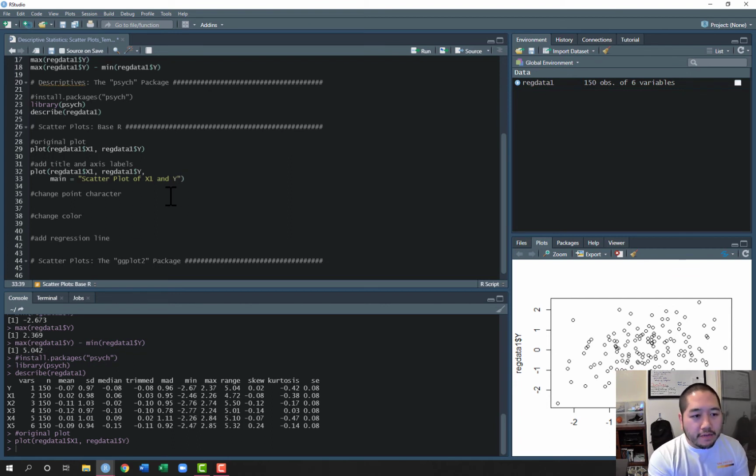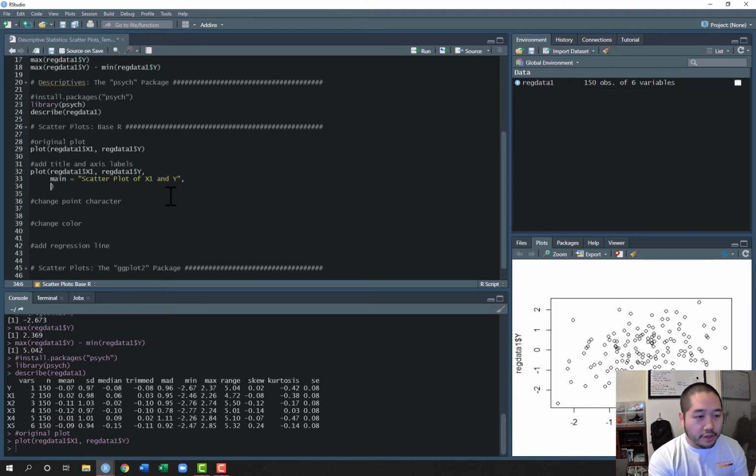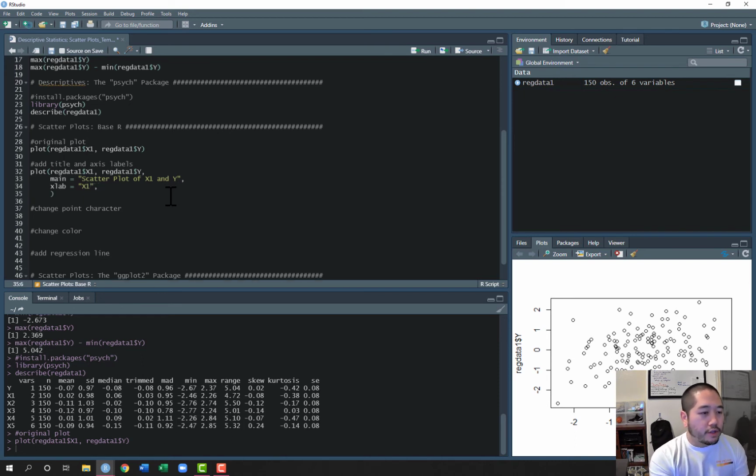I move to the outside of the quote, another comma, and then I'll press enter again to return to the next line. Now I'm going to do a label for the x-axis. So xlab for x label, and I want it to be x1. Again, another comma, and then another return, and then y label, which is ylab, and I want that to be y. Okay, and then if we go ahead and run this,